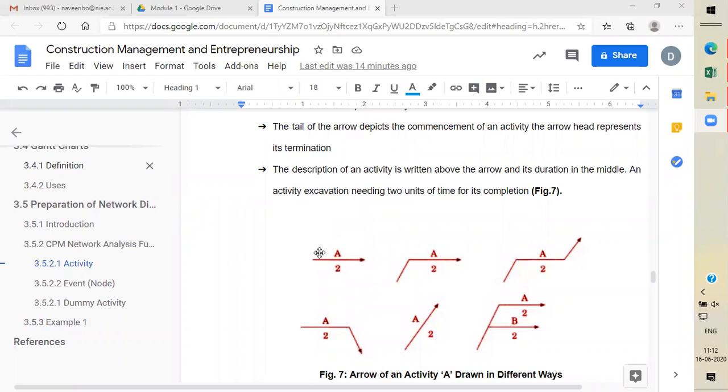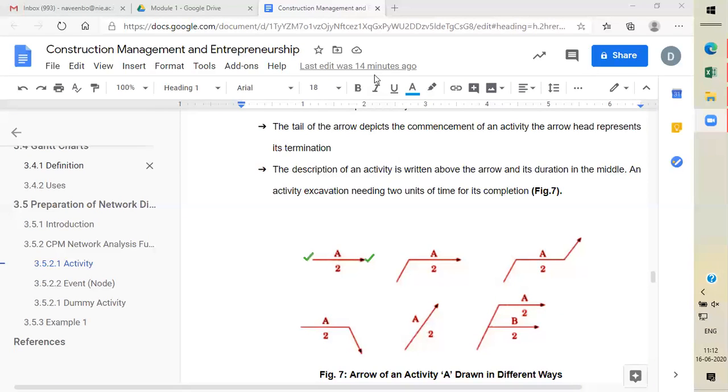This is called the tail of the arrow, and this is called the arrowhead. It's like the arrows you draw in AutoCAD to indicate rebars, concrete lines, everything. We call this the tail and this the arrowhead.